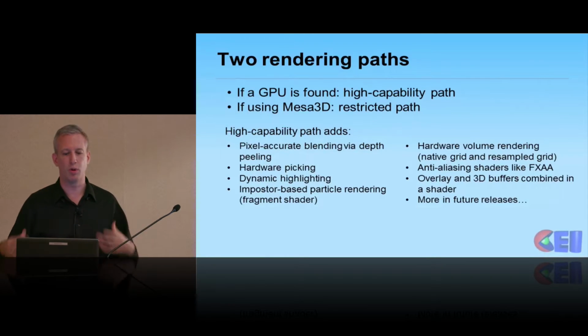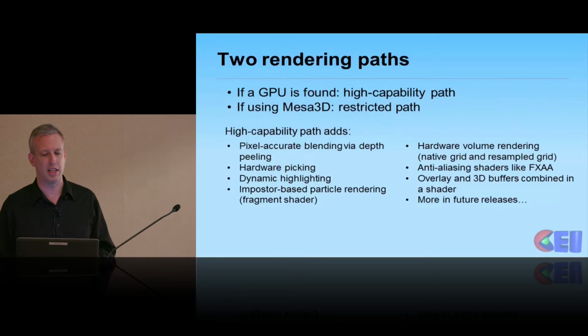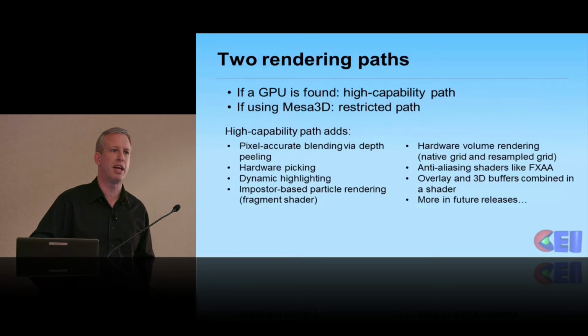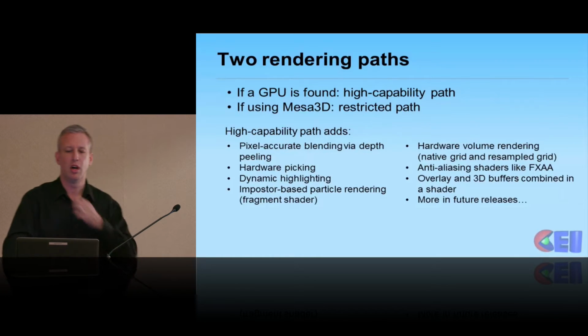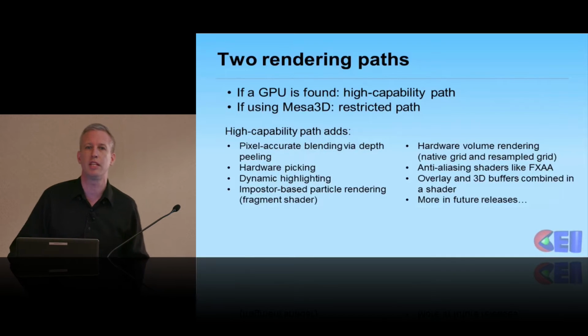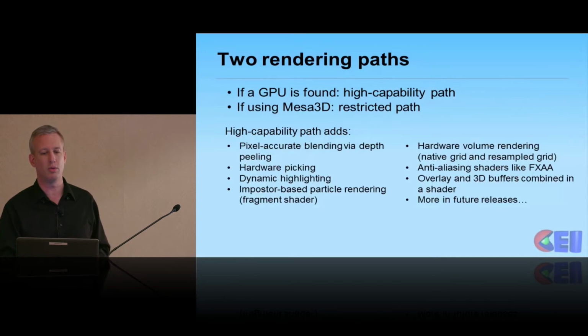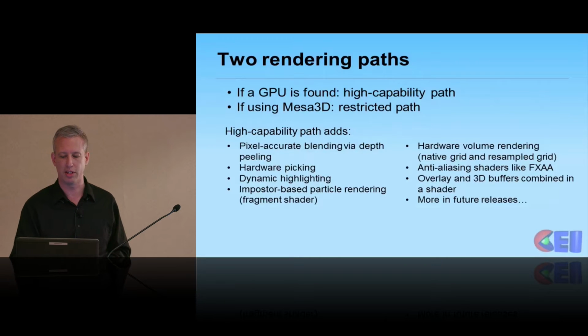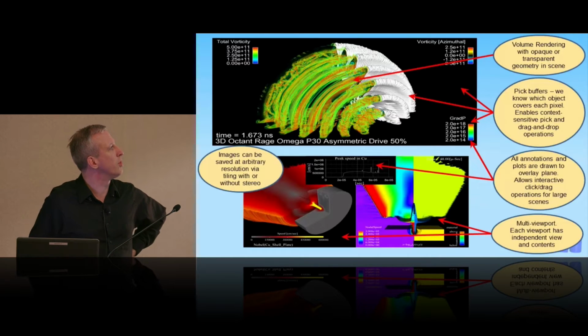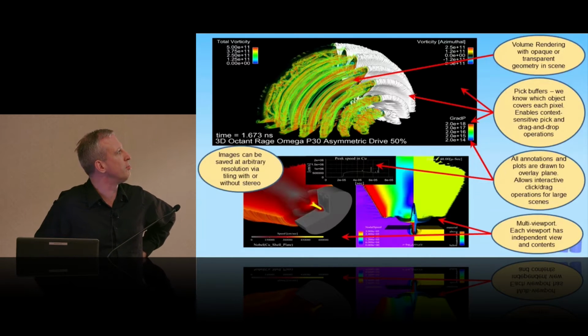Dynamic highlighting, hardware picking, a lot of interesting things going on, and those all disappear when you're using something like Mesa, something that isn't as capable. That's actually one of the things we're very excited about with SWR, being able to turn some of these things back on, even though we're going to be going down a software path. So to give an example of some of that, here's a couple renderings that we have of kind of what we're doing with OpenGL. So this is volume rendering,